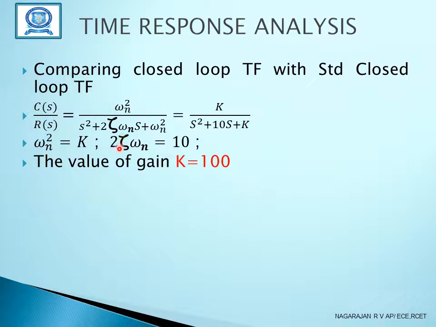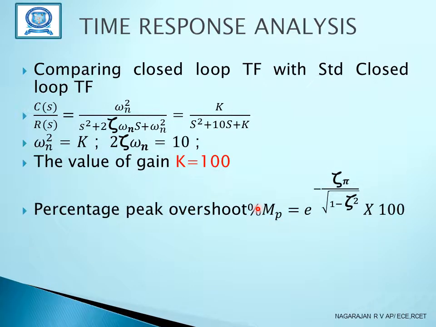When we substitute the zeta value 0.5, we will get K equal to 100. And next we need to calculate the percentage of peak overshoot. We know the formula: percentage of peak overshoot is equal to e power minus zeta pi divided by root of 1 minus zeta square, into 100. So this is the percentage of peak overshoot formula. Now substitute all the values. We know that the zeta value is 0.5. So substituting the value, we get the percentage of peak overshoot as 16.3